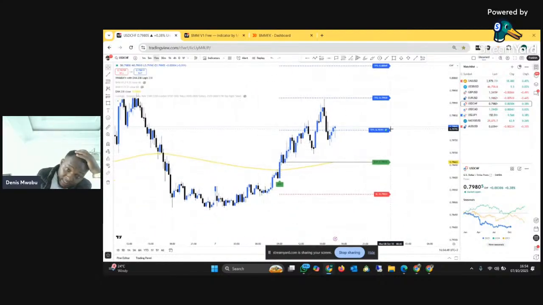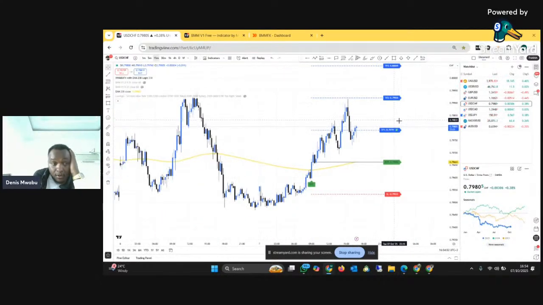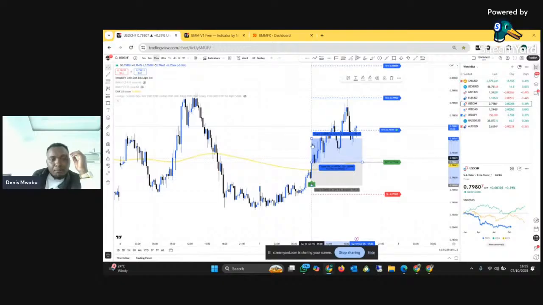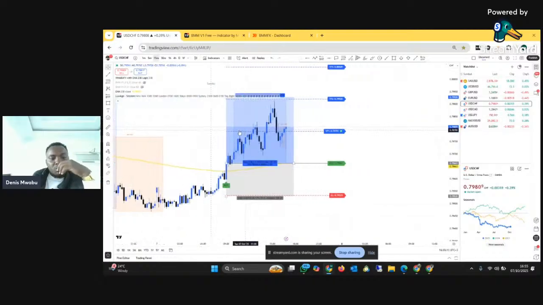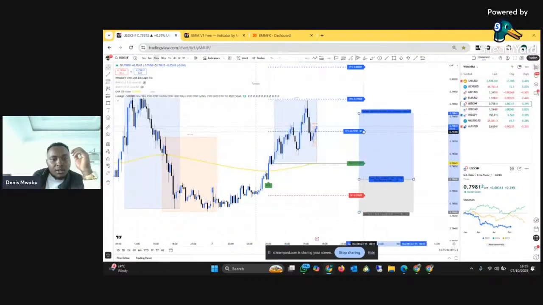So here's the thing, guys. I'm not taking that USDCHF trade because I will be breaking my plan. The best time to take this trade would have been here, and if you had taken this trade from here as a buy, you can clearly see it was able to get into this buy, and I think this happened